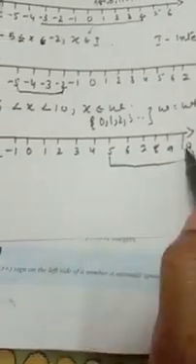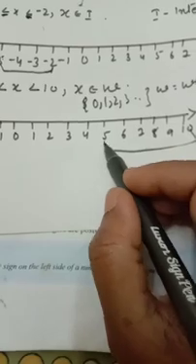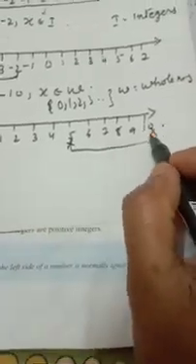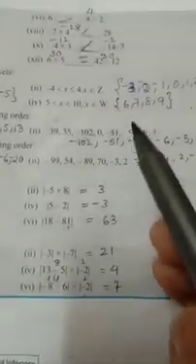You will include 5 and 10? Check it, no equal sign is there, so you can't include 5 and 10. In between, which are the numbers? 6, 7, 8, 9. Check the answer: 6, 7, 8, 9. I hope everyone understood this one.